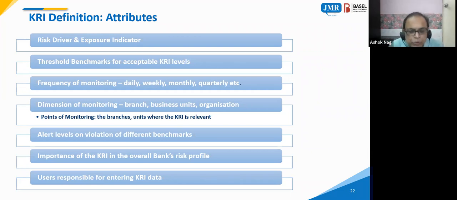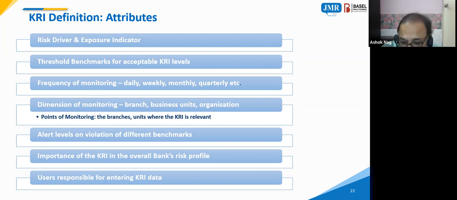Then the threshold. Do you want everything that happens to be reported? You have to decide that. Then how frequently should you monitor it? All KRIs need not be monitored on a monthly basis; some may be six-monthly, maybe annual. See, the number of employees and your business volumes, this is not a monthly matter. You cannot take any action. Only when you compare with the past, over the yearly changes, does it make sense for an operations manager to raise a flag. So some you have to do on a yearly basis.